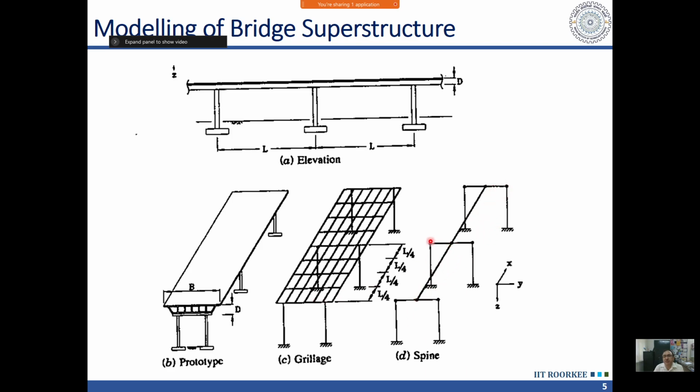Between the spine and the piers, because if I have two piers like this, there will be a spacing, this will be connected through a rigid element. A rigid element is taken perpendicular to the spine, which will be connecting with the piers. Or if there was another span beyond that, then there will be a gap between them, and that gap will be modeled by adjacent transverse rigid elements from both the spans.